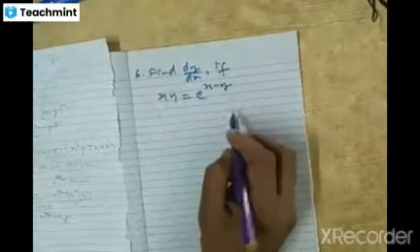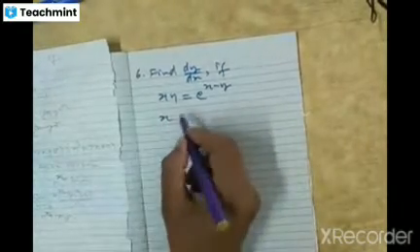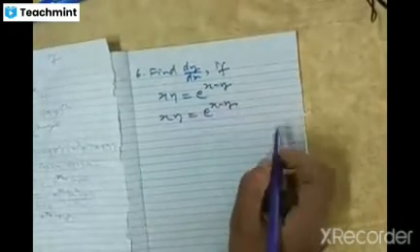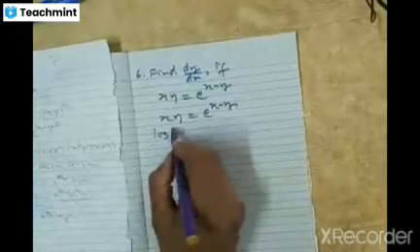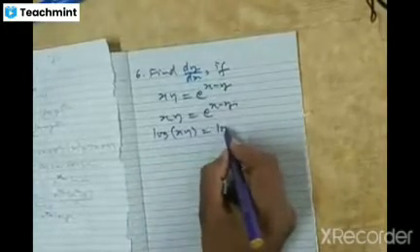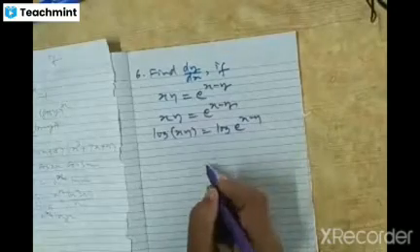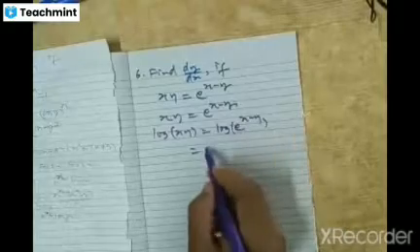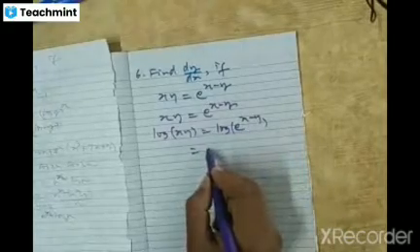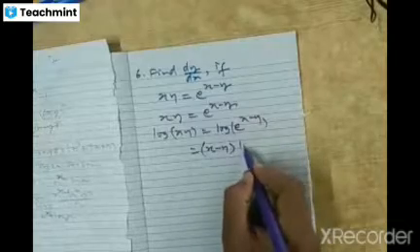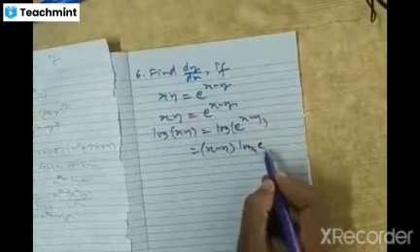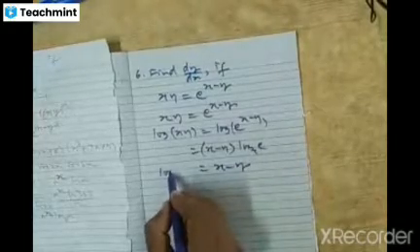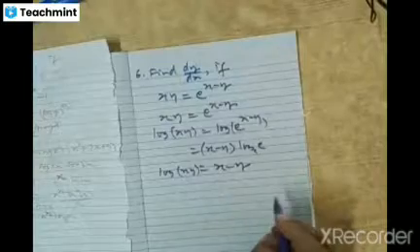Straight away we shall take log on both sides. First we shall write the given function. The given function is x^y is equal to e^(x-y). Next we shall take log on both sides. Log of x^y is equal to log of e^(x-y). So the right hand side becomes, using the property log m^n is n log m, (x minus y) into log e. But what is log e to the base e? Log e to the base e is 1, right? So the right hand side becomes x minus y. The left hand side is y log of x. Correct?